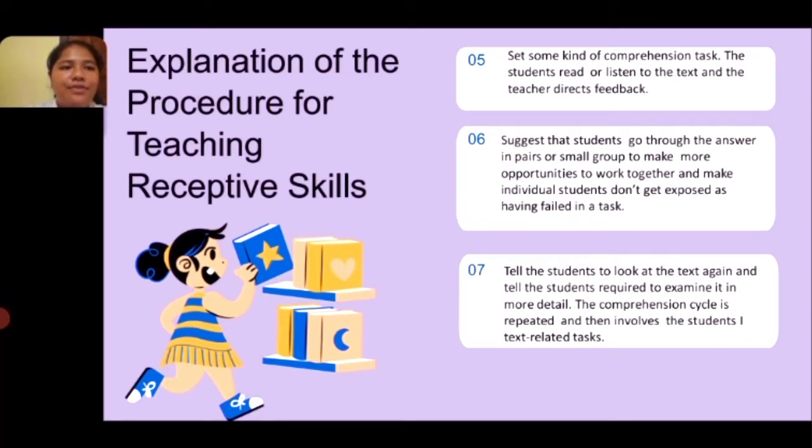And number 7, tell the students to look at the text again and examine it in more detail. That's my presentation. Now it will be continued by my friend.